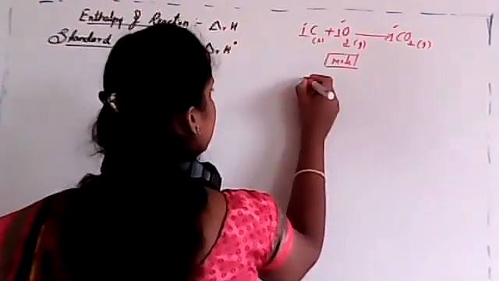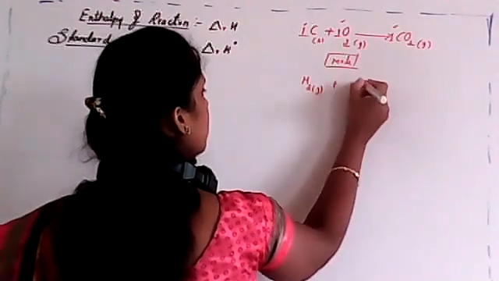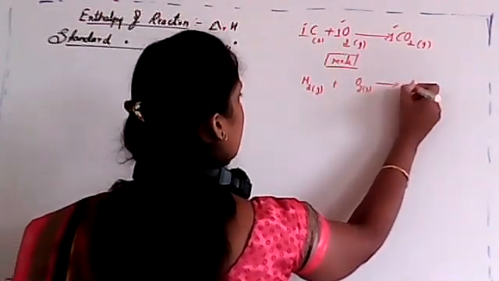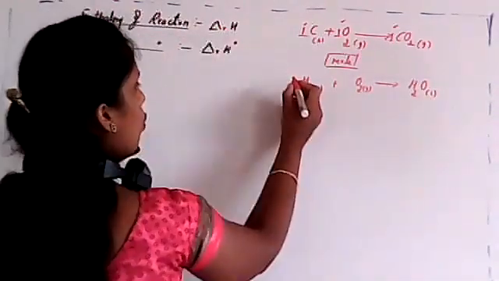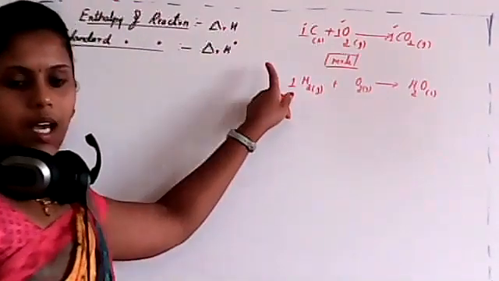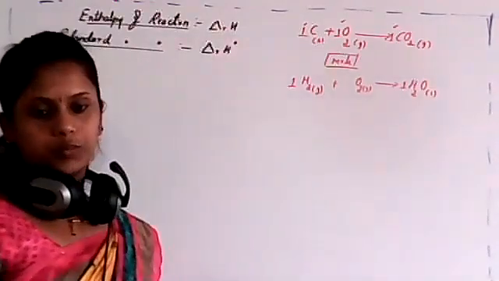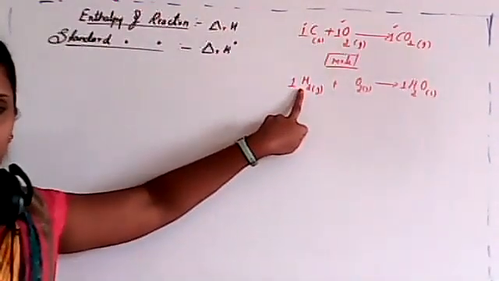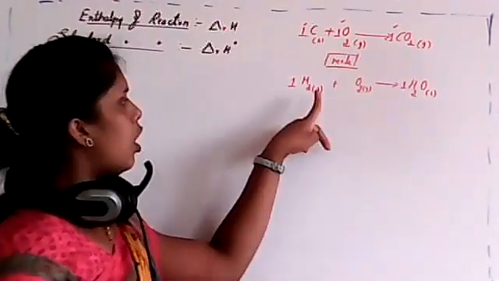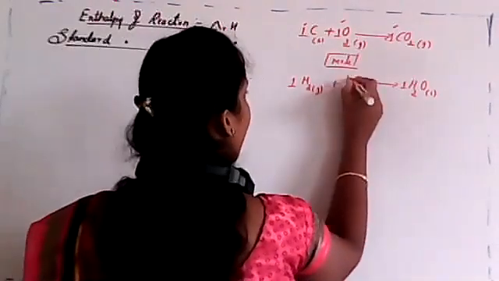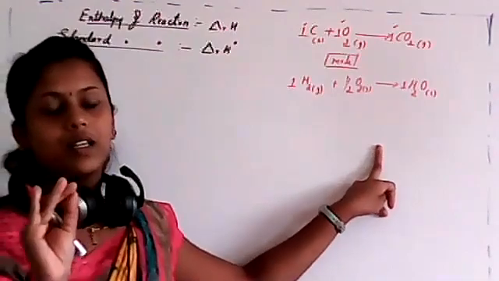Again I'll consider another example, formation of water. Hydrogen is a gas here, plus oxygen is also a gas. It gives water, which is liquid. In this case, 1 mole of hydrogen reacts with how many moles of oxygen to give 1 mole of H2O? Students, 1 mole of H2 reacts with half mole of oxygen, it gives H2O. You have to balance the chemical equation, isn't it?